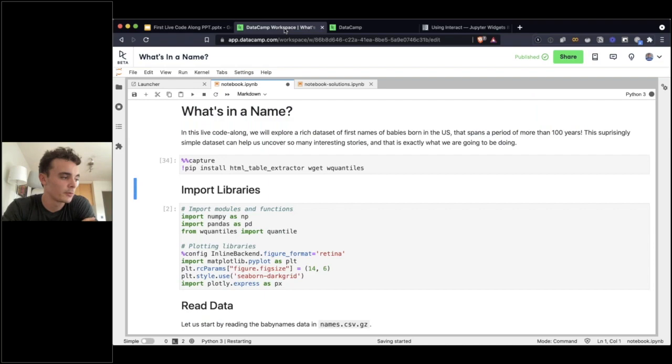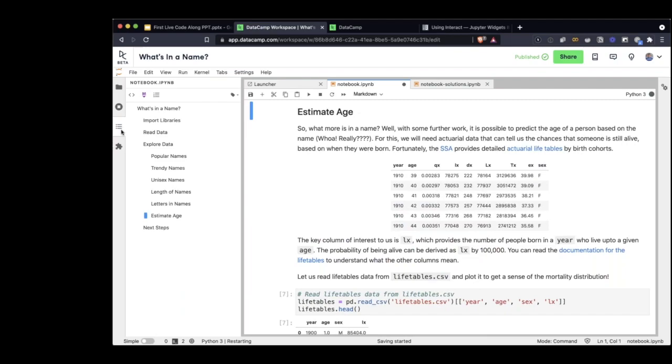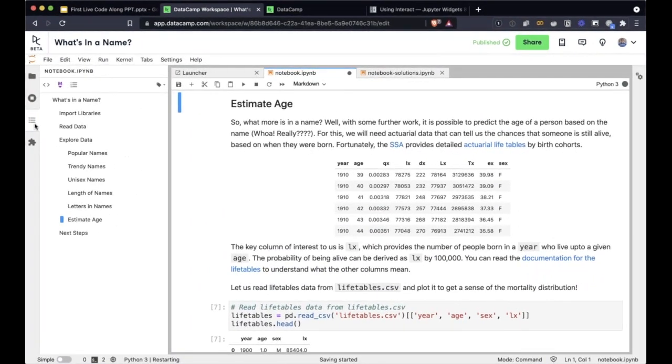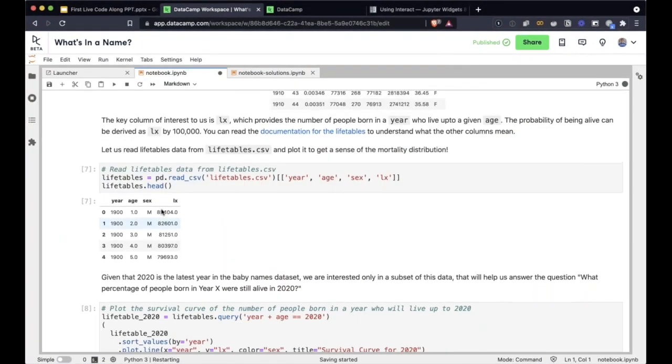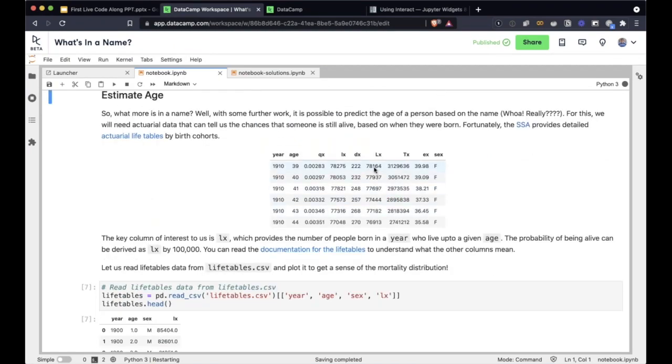Great. Then another question from Joe. If lx is related to the probability, why is it scaled by 100,000? Excellent question. This is what is in the documentation. If you look at the documentation for the life tables, lx is defined as the number of people out of 100,000 who are alive.